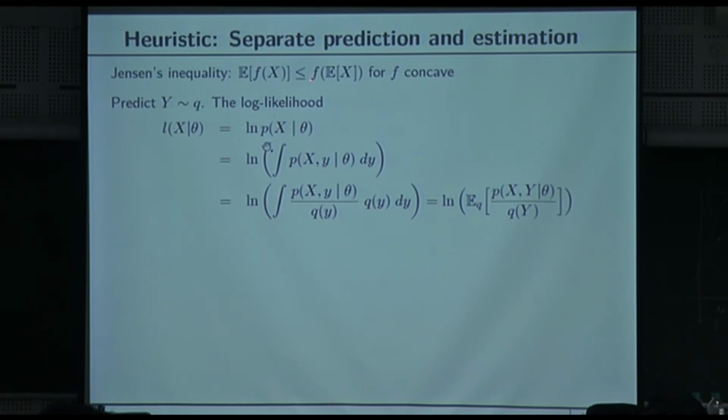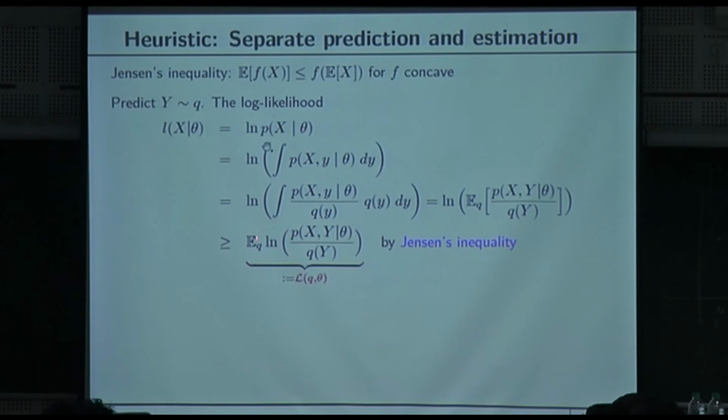Now I am ready to apply my Jensen's inequality. I have this thing already sitting here. I'm going to drag that expectation outside and claim that inequality holds. So now I'm going to write this story in this way. Expected value with respect to q of log p(x, y | theta) divided by q(y). I'm going to call this a new function. This new function has two things that I have to guess. I have to guess q,